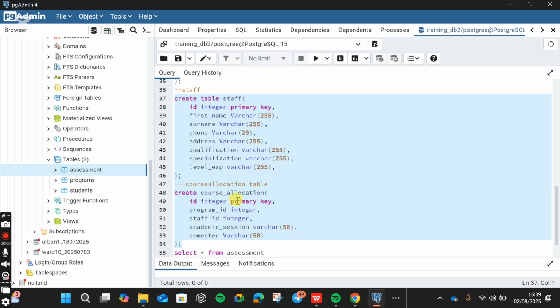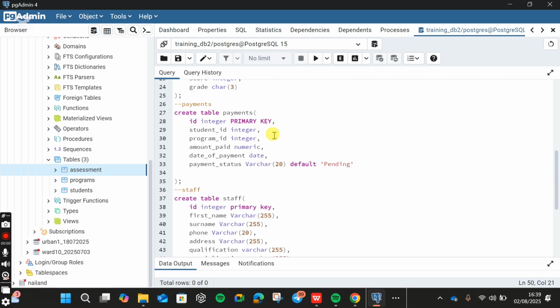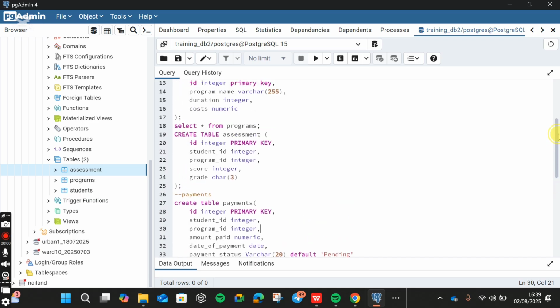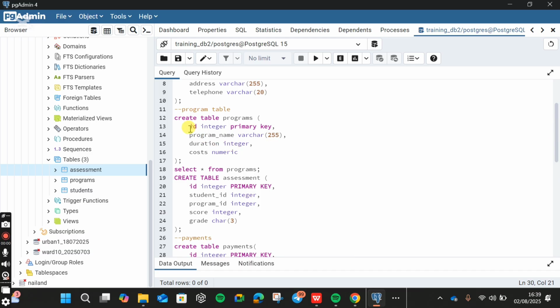But you can also link this one so that when you look at a student, the program a student is taking, let's say database management, you can view how much the student has paid, the session, the semester, who is taking the course, the student assessment, because through the program ID, you can come to the program table. Then when you are in the program table,